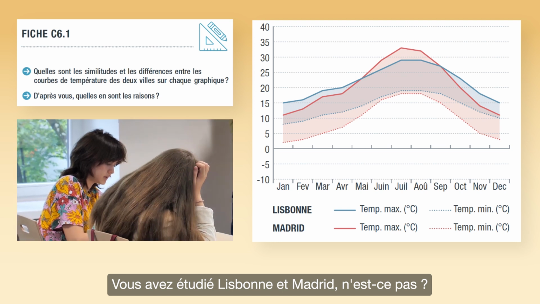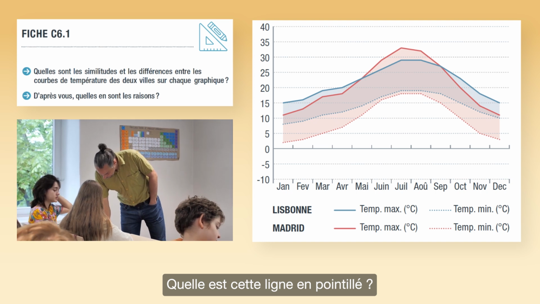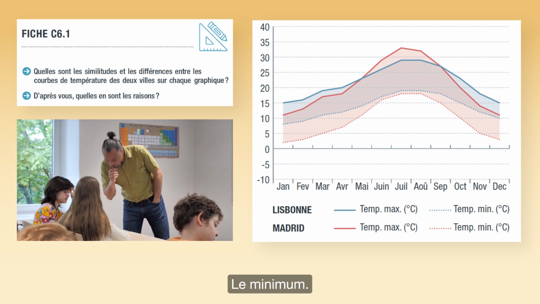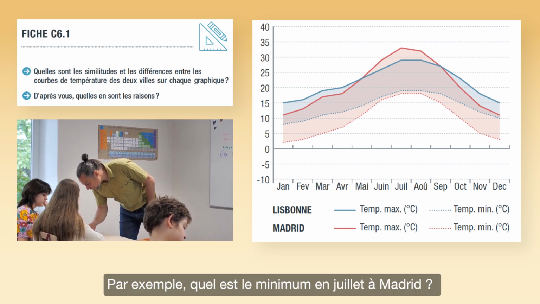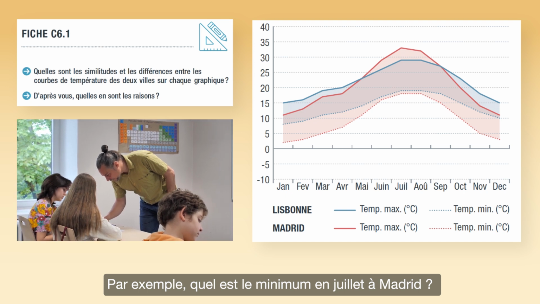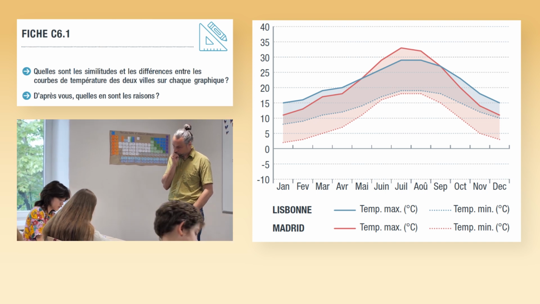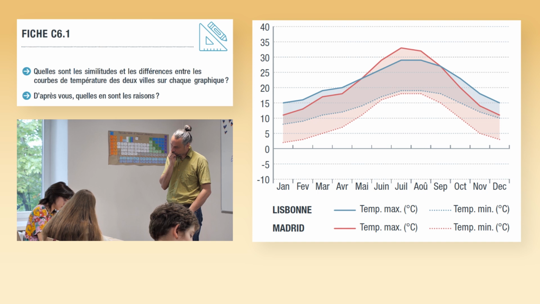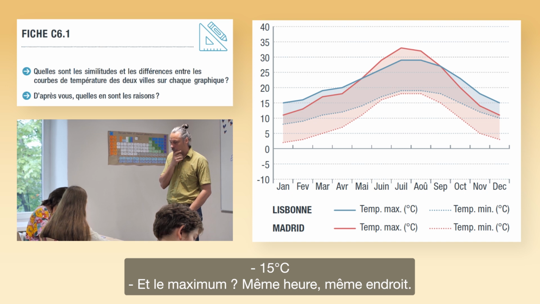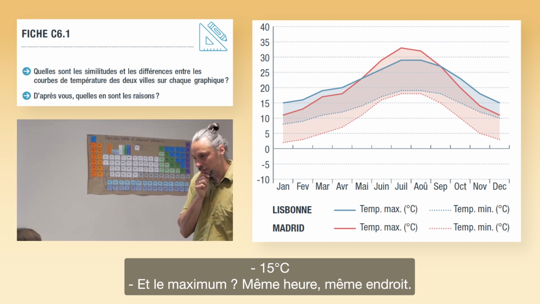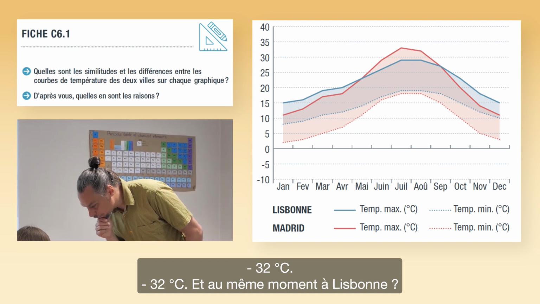Your cities were Lisbon and Madrid, yeah? So what is this line, this dotted line? The lowest. So the dotted is the minimum, yes? For instance, what's the minimum in July in Madrid? You can roughly estimate. 15. And the maximum, same time, same place? 32. And at the same time in Lisbon,